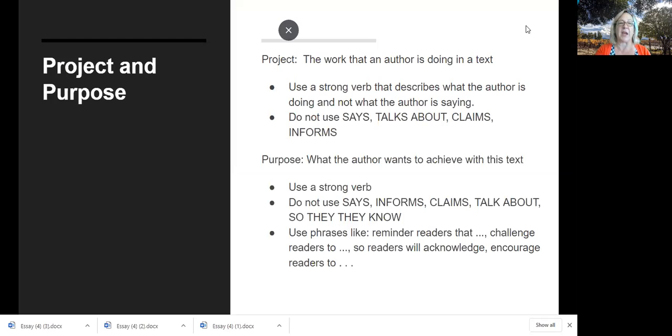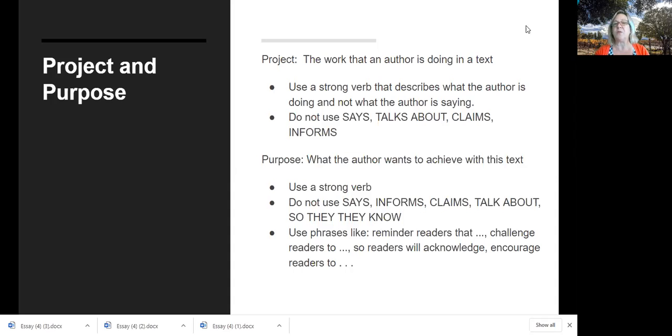Now the project, let me move my face. The project is the work that an author is doing in a text. We want to describe what an author's doing, so we're going to use a strong verb that describes what the author is doing and not what the author is saying.